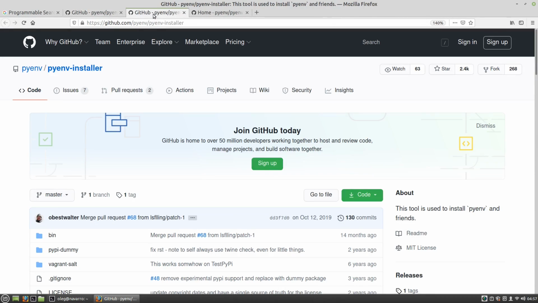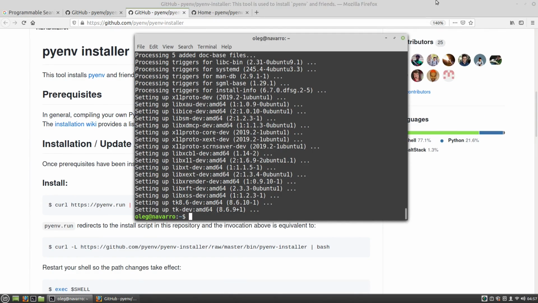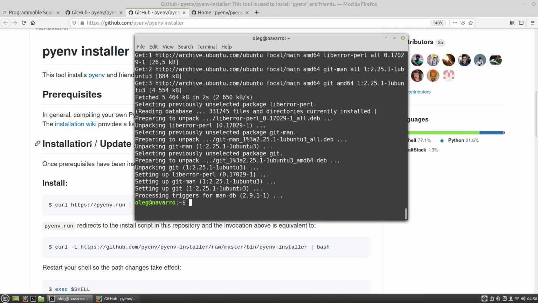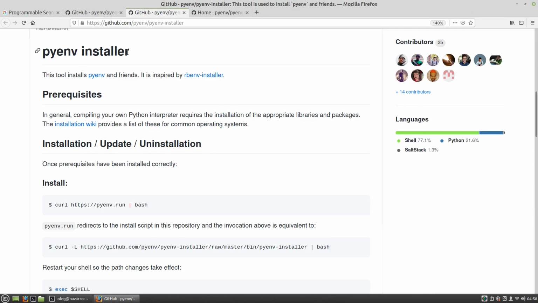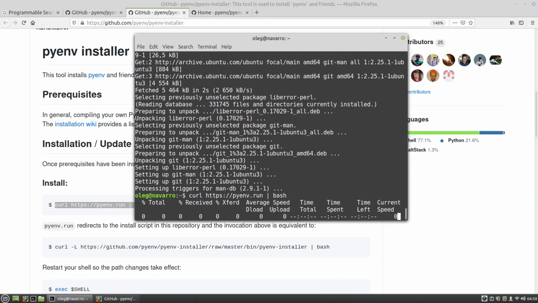I open it in a separate tab, and now I want to install Git. Git is a version control system. First of all, we need it to install stuff from GitHub. So sudo apt, it's a Mint package manager, install, and the name of the package I want to install, Git. Then in the Pyenv installer page I want to use this command, copy, paste,